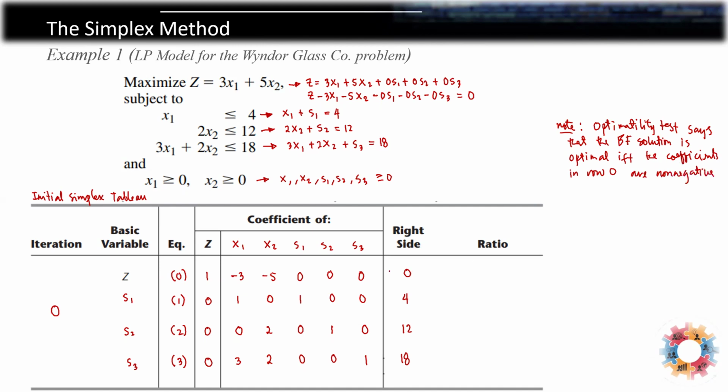The row 0 is also called the Z0, no? The Z0, okay? So obviously the optimality test is not satisfied yet because we have -3 and -5 as coefficients